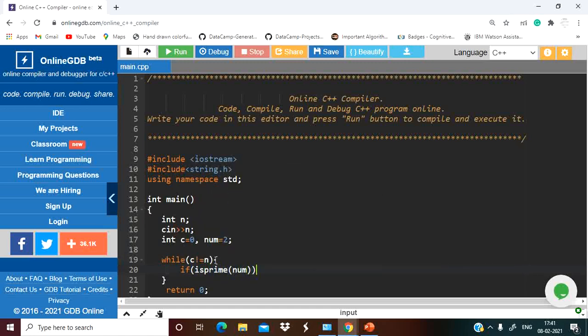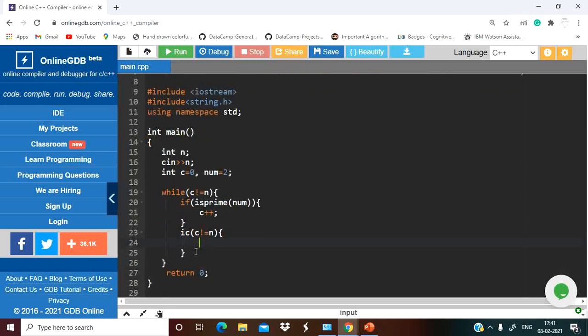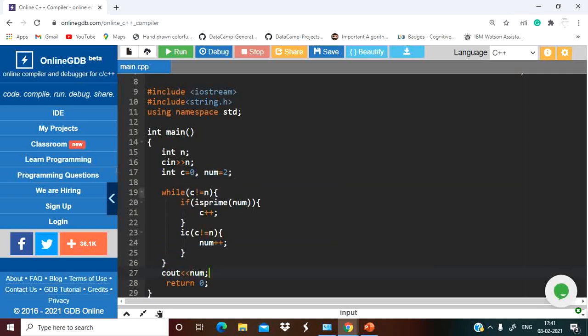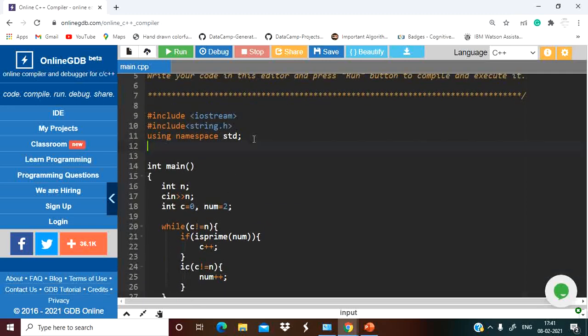So if our number is prime, then we have to increment the value of our counter variable. In the same loop we will check that if c not equal to n, we also increment the value of num, right? And after coming out of this loop, we will simply print the value of num, right? So this was it. Now we have to implement this function, that is isPrime.